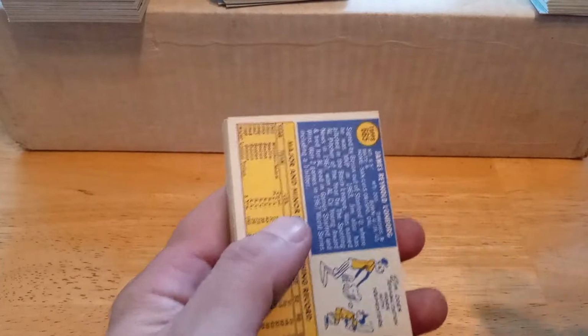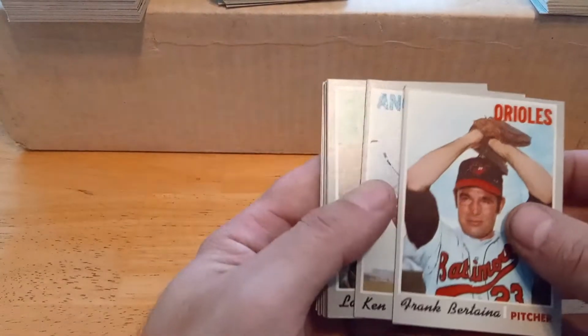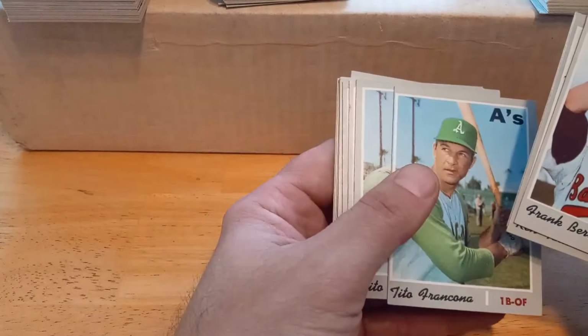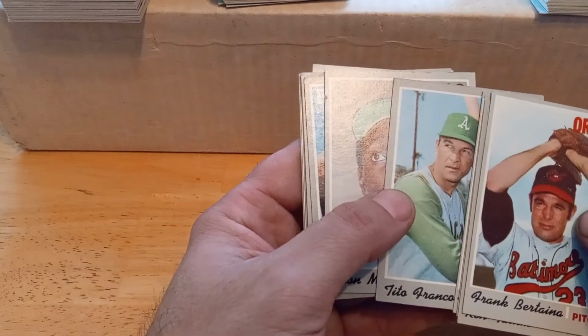Okay guys, so this is what we did find, and I'm sure there's still some more in there, but there's some stuff that the cards are in very, very nice shape. They're a strong VG excellent. So just to give you an idea, these are some high numbers we pulled out in the 600s. Nobody of any crazy value, like Tito Francona, but there was heavy duplication, a little more duplication than I thought